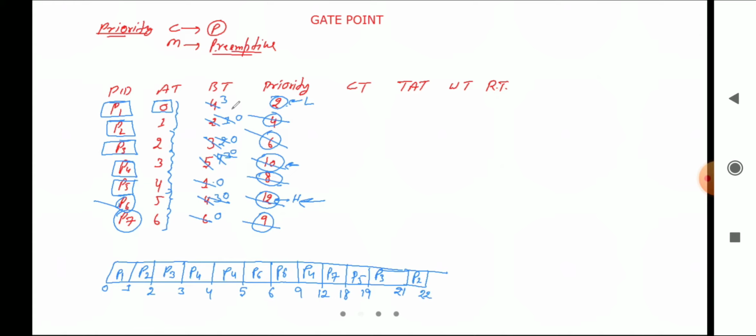Okay, now which one will we execute? We'll execute this one, P1, for how long? 3 times. So P1 for 3 times. 22 plus 3, we'll execute for 3 times, so it becomes 25. So it is 25 and everything is over now. So we have prepared the Gantt chart.